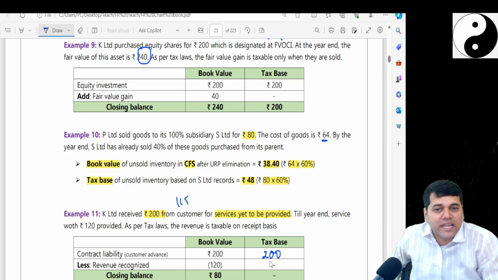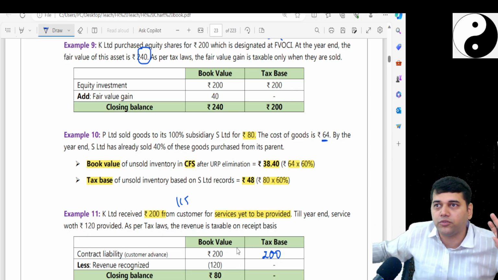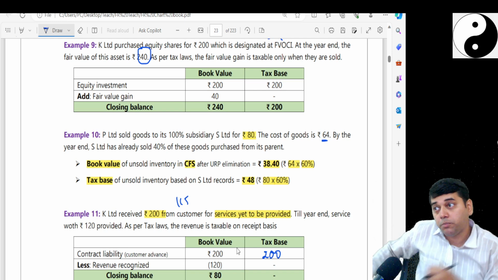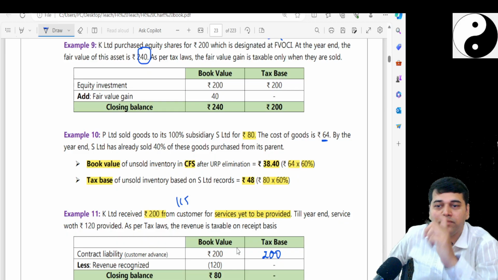200 rupees is the tax base. On day one, what entry you pass in the books? You tell income tax also. Don't do that, a mistake. You passed one entry and income tax, different thing. That means you are maintaining two books. Now,